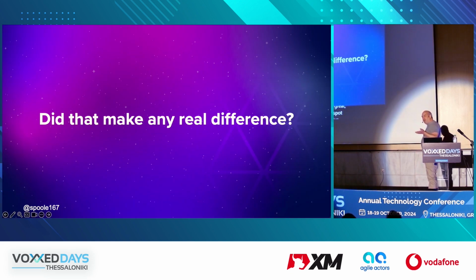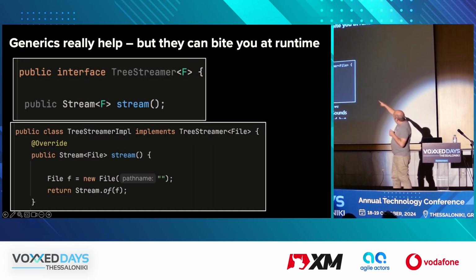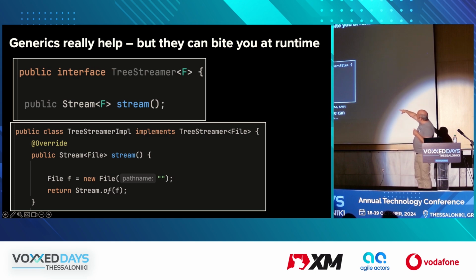It sounds good, but it's got edges. So let's see if we can read this through. There's the genericized class at the top, and here's this class in the middle which implements it. It returns a stream of file. I mean, it's silly, it's an empty file, but it returns a stream of those, so you'd only get one file. But there's my code that's genericized.